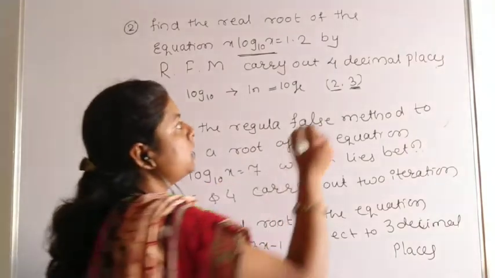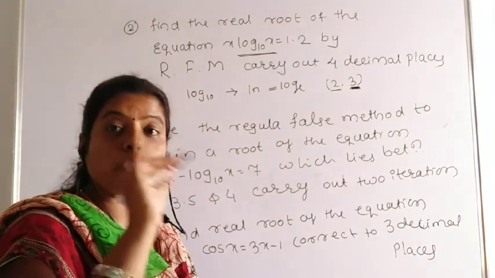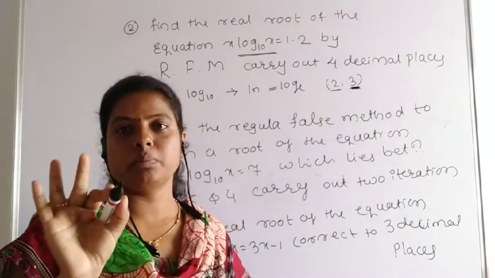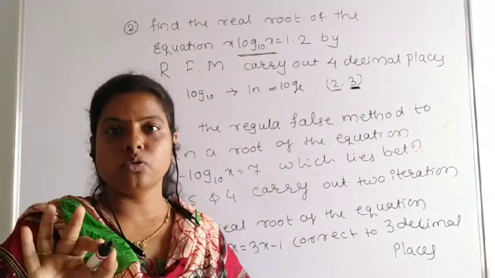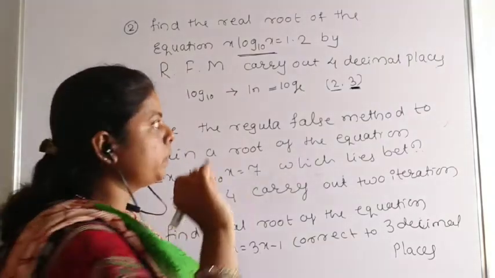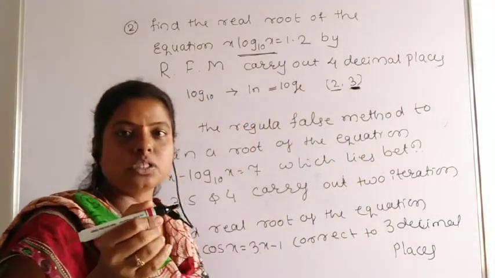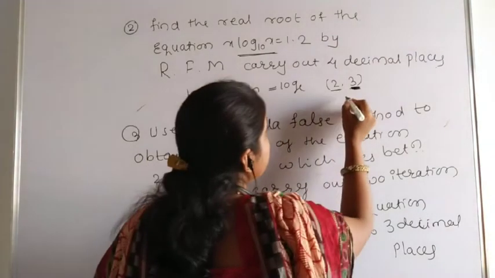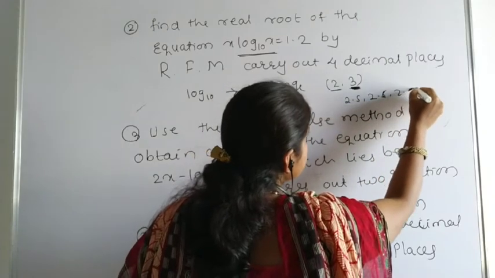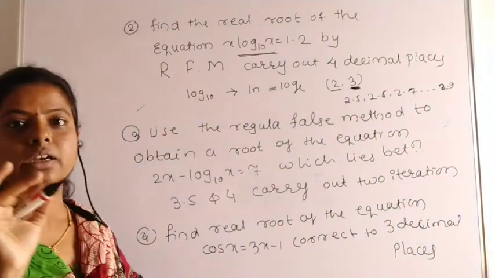After checking that, if 3 is nearer to 0, don't take 3.1, 3.2. You have to consider the exact root in the middle of 2 and 3. That you have to keep in your mind. The exact root we have to find, those values must be in between the real roots only. If f of 3 value is nearer to 0, it means the values of the exact root start from 2.5, 2.6, 2.7 up to 2.9. That is an indication I am telling.